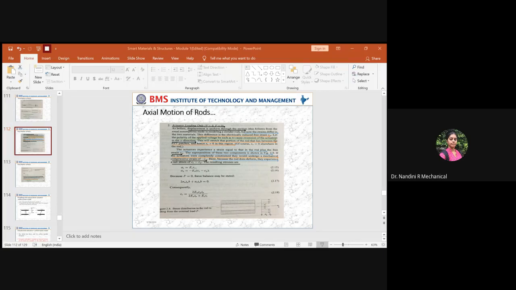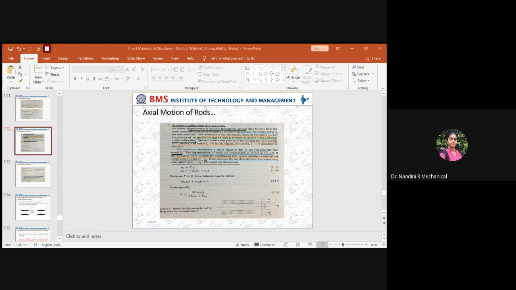So this is the free strain, what we have told already, the free strain across the piezoelectric element. But due to the presence of strain across the structure and change in the sign convention, you will have a net polarity, the net strain value, as the strain across the structure minus the strain across the piezo element. So here you can see, this is a strain across the structure and this is a strain across the piezo element. So the net strain will be the difference of the strain across the structure minus the strain across the piezo element. So this will be the net polarization.